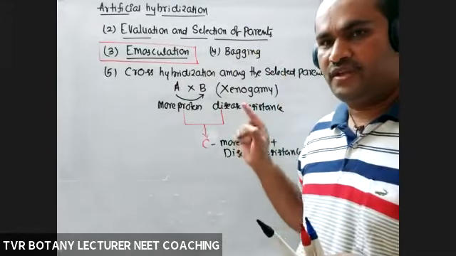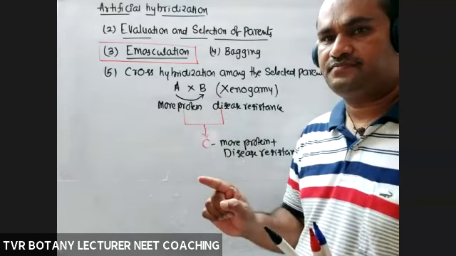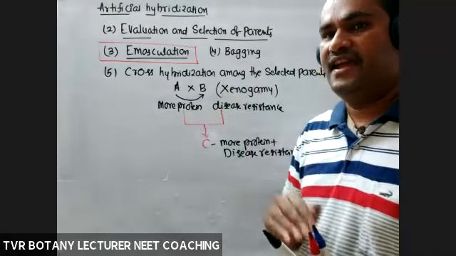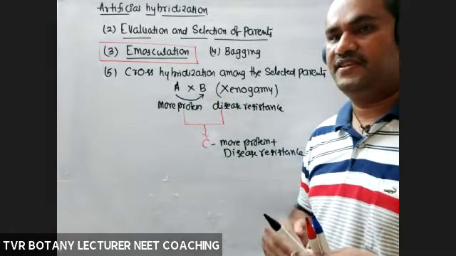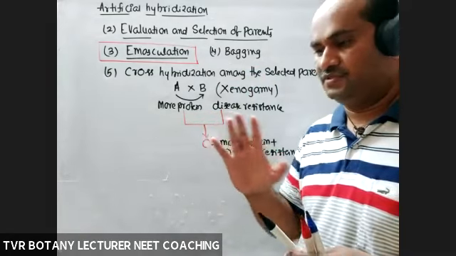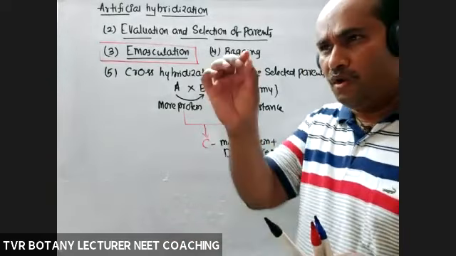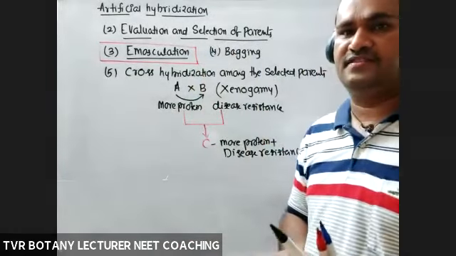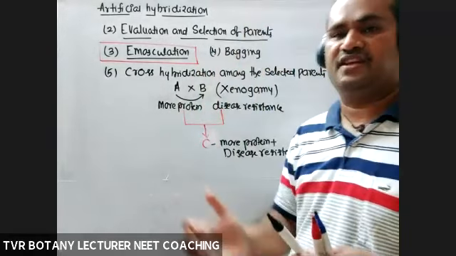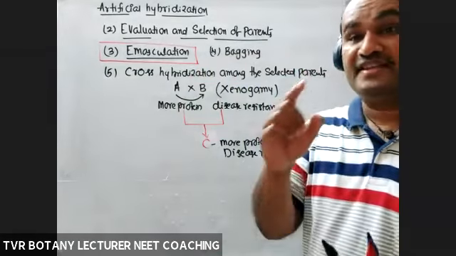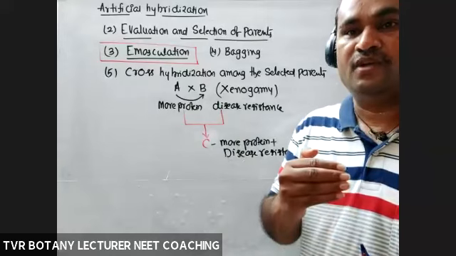Okay. So here, the next limitation is the transfer of undesirable genes along with the desirable genes. By means of this one, it is not easy, not possible, impossible to transfer only one particular gene. For that one, we have to cross a number of plants for a number of generations. So that is the major limitation of artificial hybridization: along with the desirable, the undesirable also move.